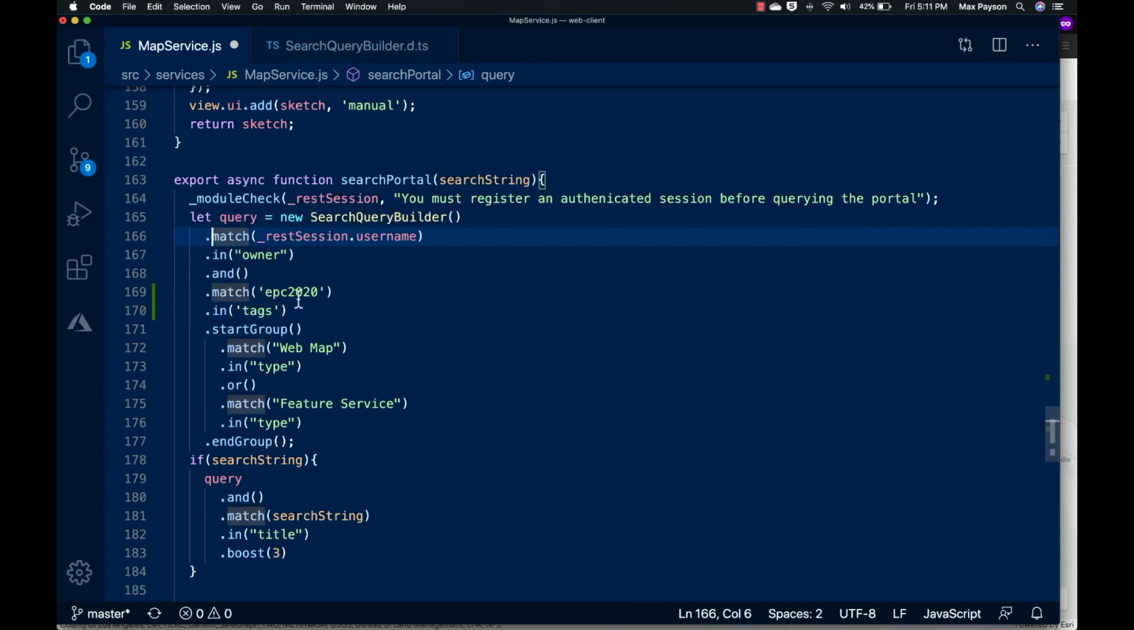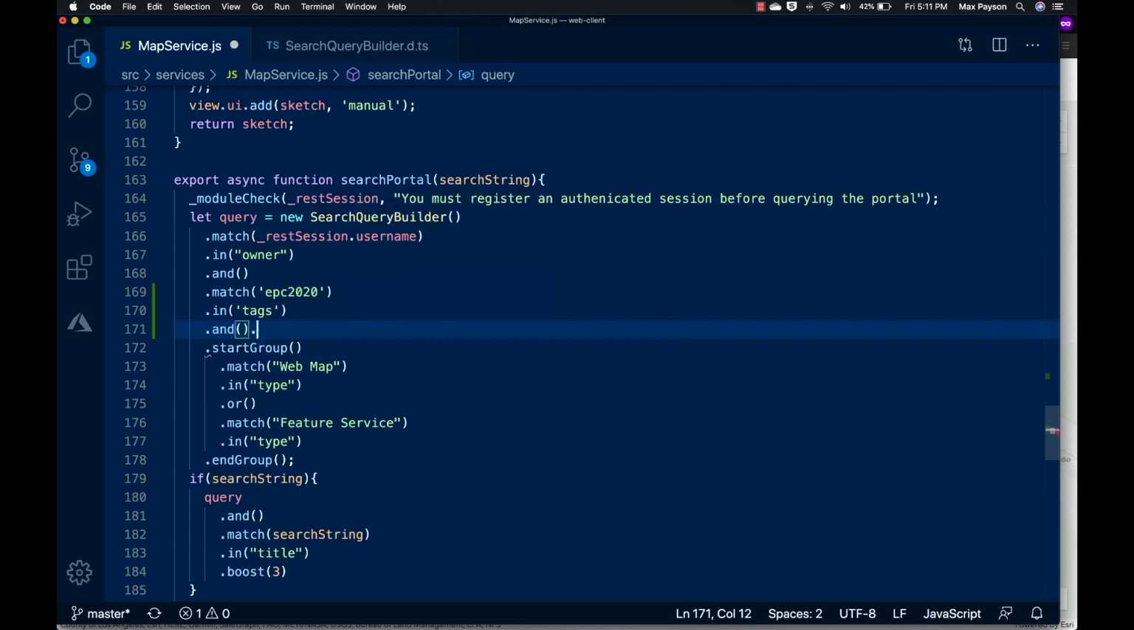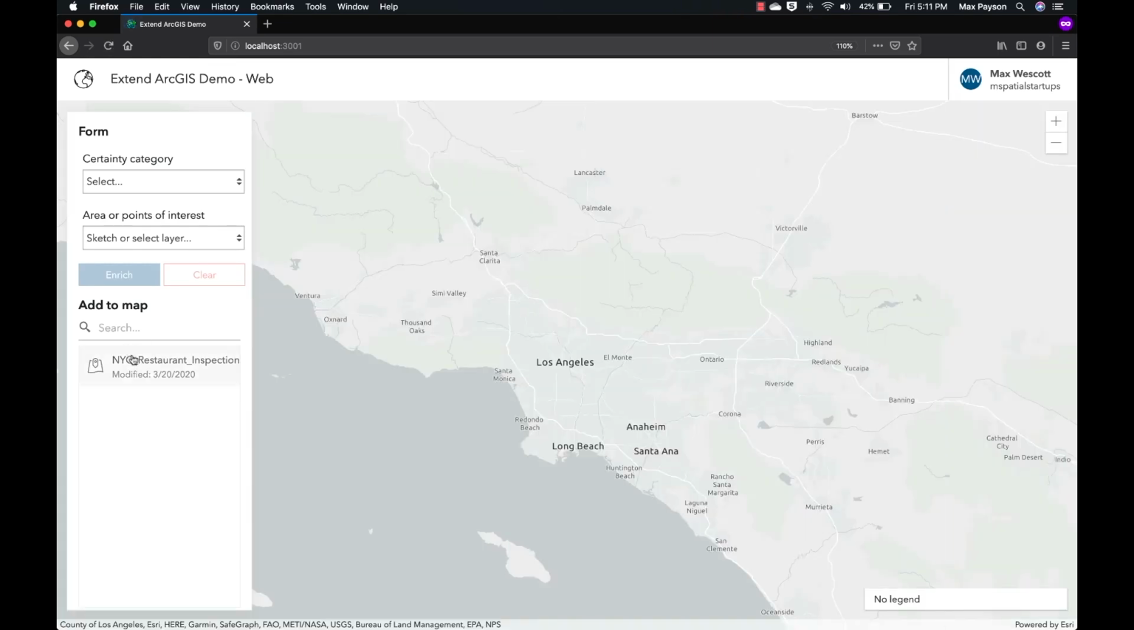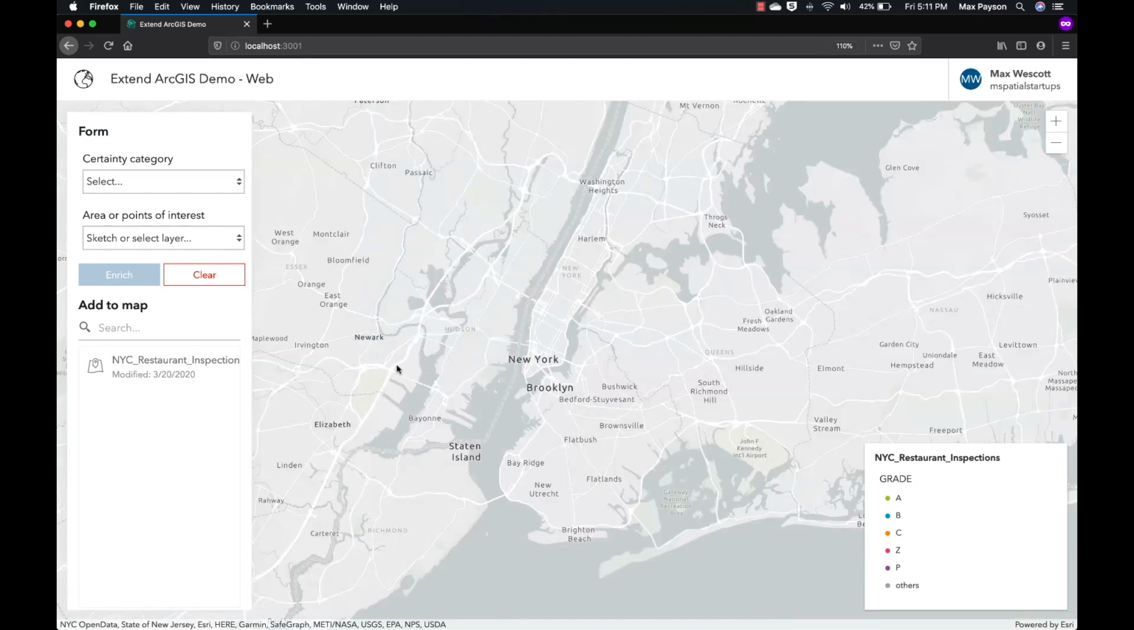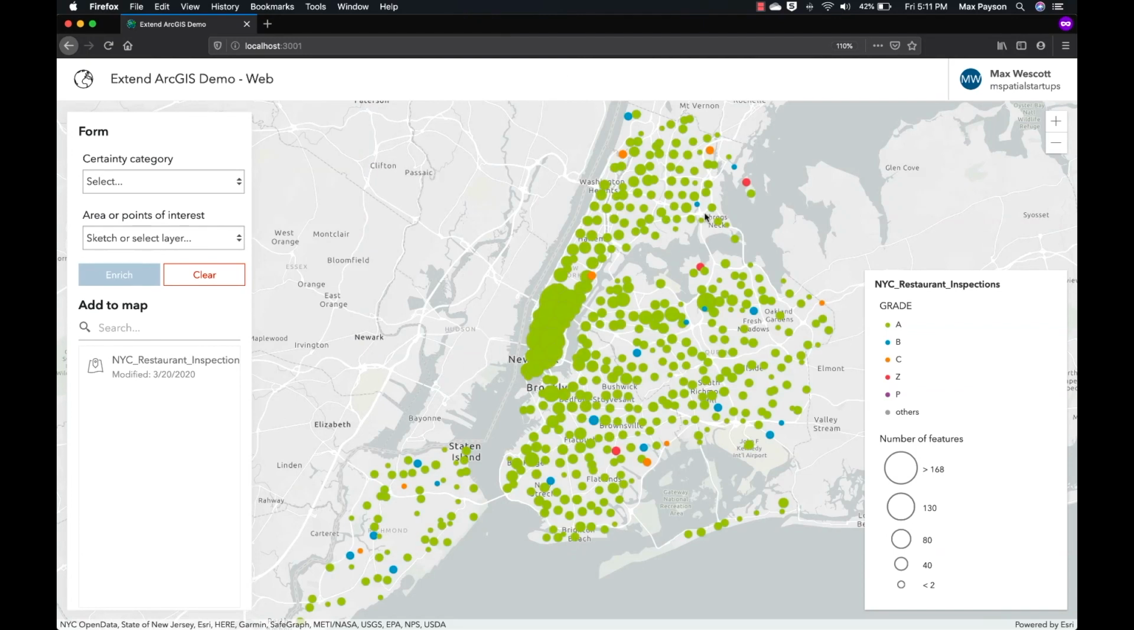If you remember, we added the EPC 2020 tag way back when we first published the CSV, and that propagated through all the different derivative or cloned items that we created. And then we'll say and, save it, go back to the app, and now we'll see just that one New York City restaurant inspection layer show up. And when I click on it, we'll hop over, and we see that it completely respects the settings that we defined way back in the first demo. It shows the pattern with the grade, it shows the clustering,